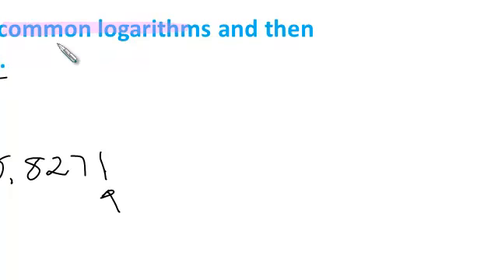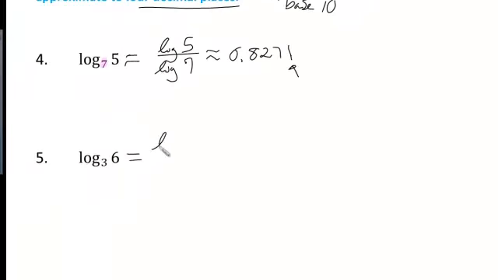And for this last example, again, they want you to change it to a common log, and that means base 10. So common log, remember, means base 10. And so log base 10 of 6 divided by log base 10 of 3. And grab our calculators, and that should give you about